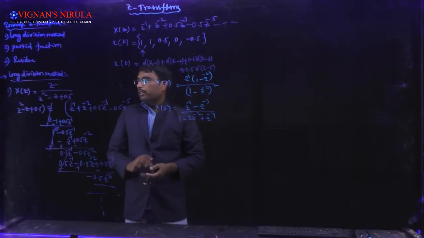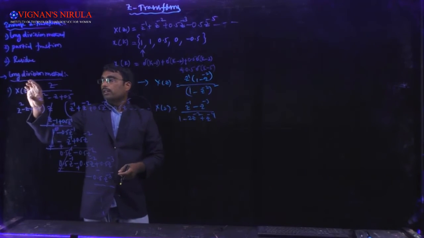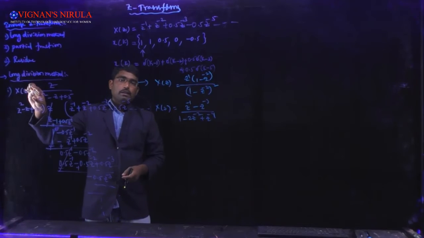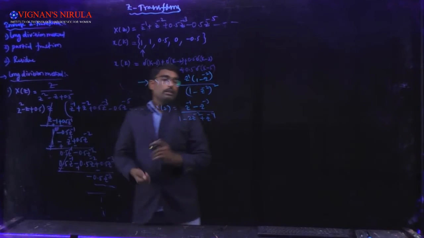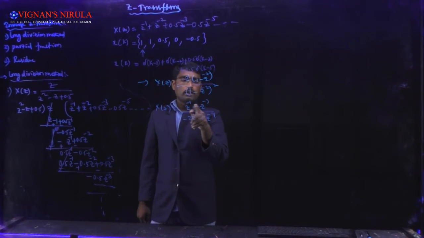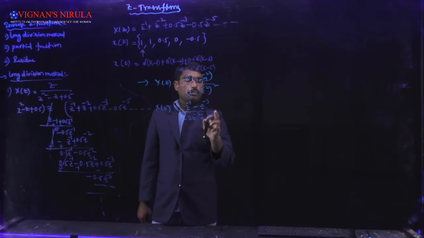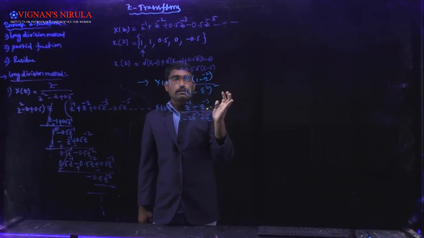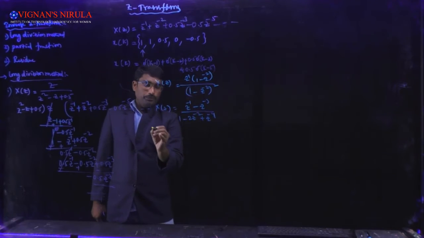Now I already told you that we can start the division process either by arranging numerator and denominator with decreasing powers of z, or we can arrange the numerator and denominator with increasing powers of z inverse. See here, it is z inverse and it is z power minus 3 and so on. It is z power minus 1, z power minus 2, z power minus 1 whole square, this is z power minus 1 whole power 4. In this way we can arrange. Now we can start division.